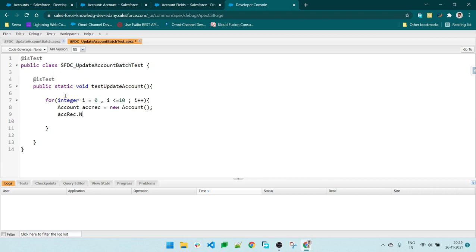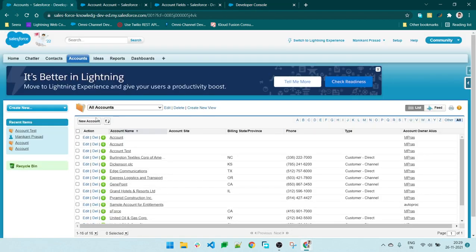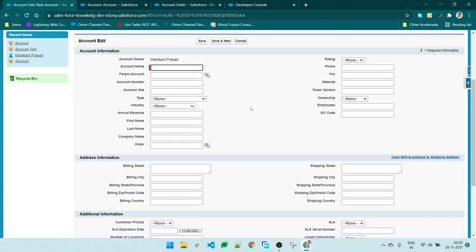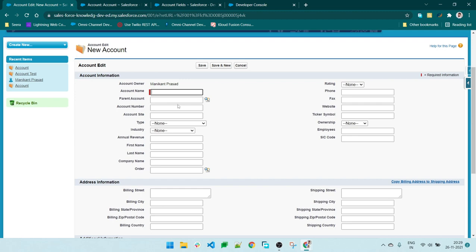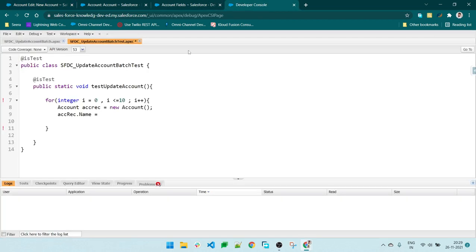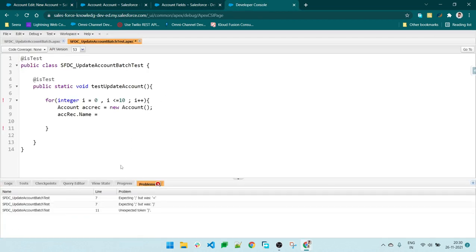While inserting an account record, let's go to the backend and see what all the mandatory fields are. Currently our only mandatory field is name, right? No other fields are mandatory. So we can just keep the name value, and we can insert our account record. No other issues.